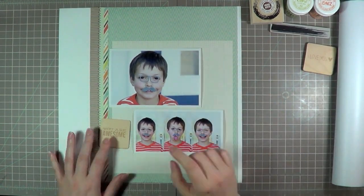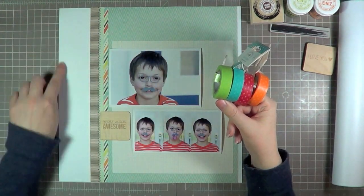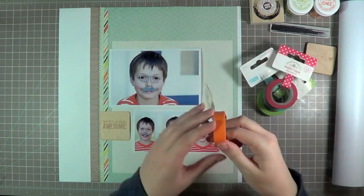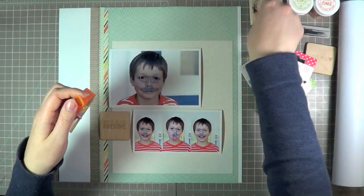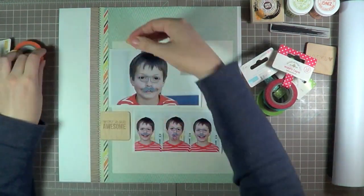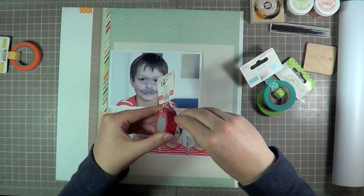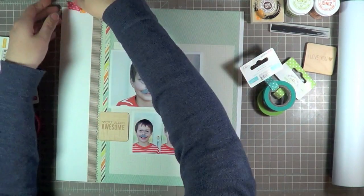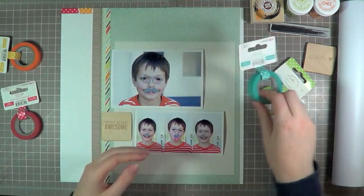So I've decided to start with these pictures. In the end, I end up adding one more, but those are the ones I started with, and I want to have my journaling on the bottom and my title on the top of the page. And then to bring a bunch of color into this page, I have these washi tape, and I thought I would just do little pieces like you can see and just do a complete border around that side. I'll still keep the middle section of it white,